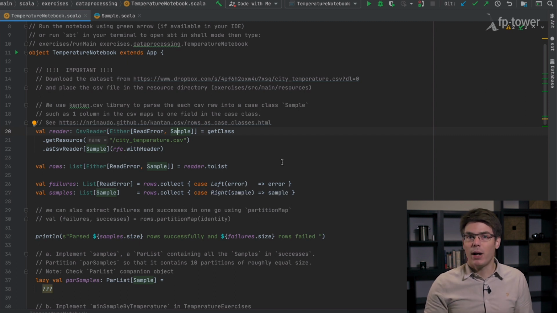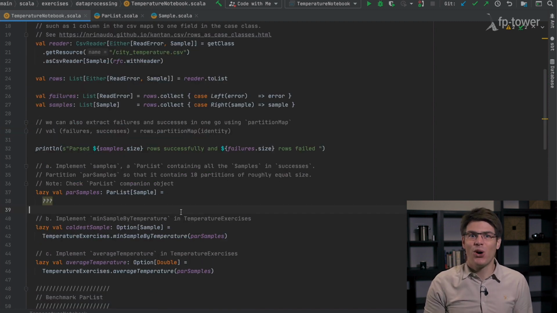If we do it this way, we go through the entire dataset twice, once to extract the failures, and once to extract the successes. This is potentially expensive when the dataset is very large. Instead, we could have used partitionMap to split the collection between Left and Right values with one iteration.